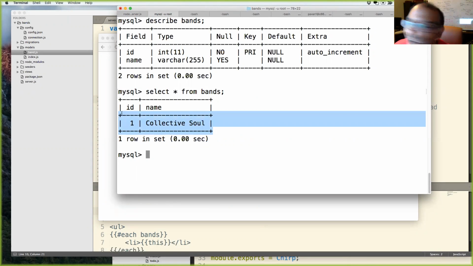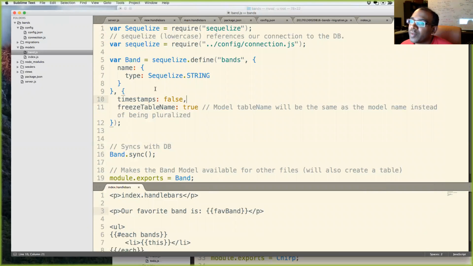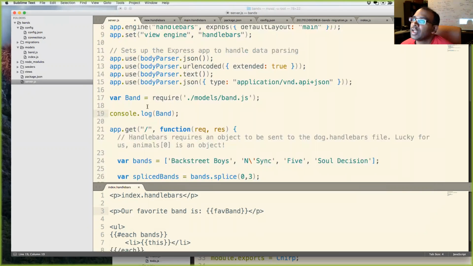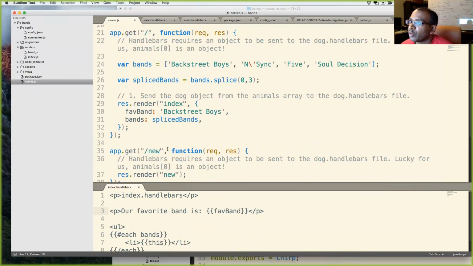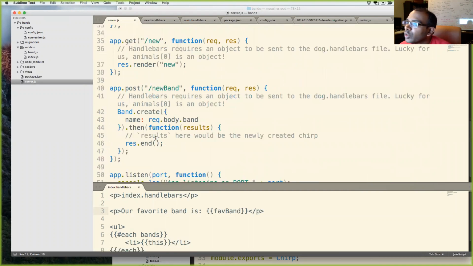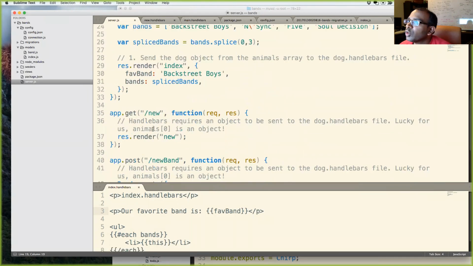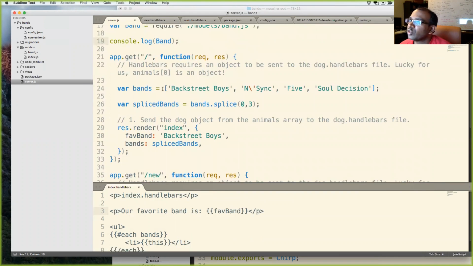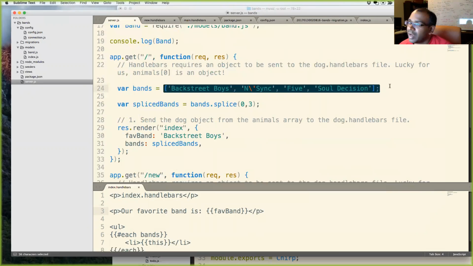Awesome. All right. Okay, now I'm going to grab all the elements, all the bands, and throw them into my main page, right? So this is what I'll do. Let's go to our main page right here. Right now we're just basically sending back these bands right here to our main page. But instead what we can do is grab all of them from Sequelize using a select star from table or a find all, and then send them back over to our index file right here.